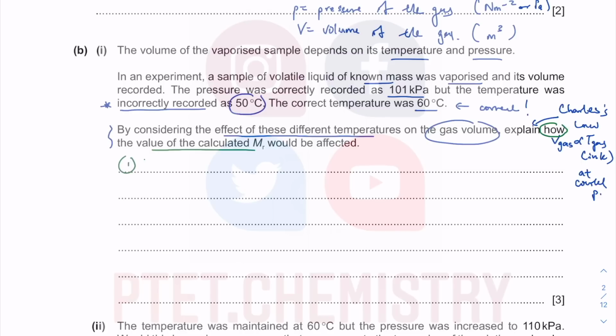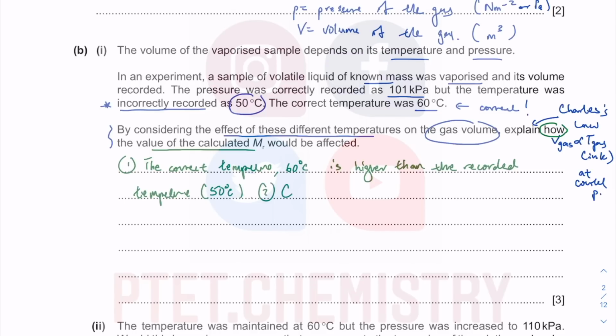First of all, the correct temperature is higher because it's 60 degrees Celsius. So the correct temperature of 60 degrees Celsius is higher than the recorded temperature, which is 50 degrees Celsius. So Charles' law, I'm just stating the effect, because if you just say Charles' law, it doesn't mean anything at all. Charles' law states that the volume of a gas, for a gas at constant pressure,